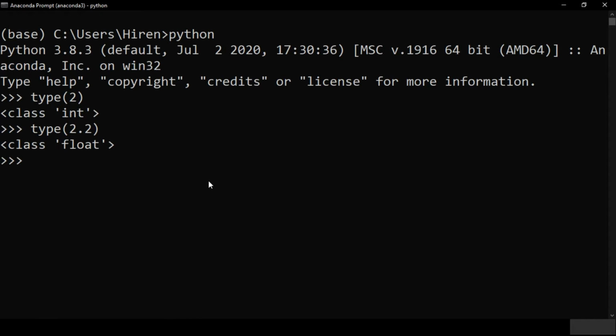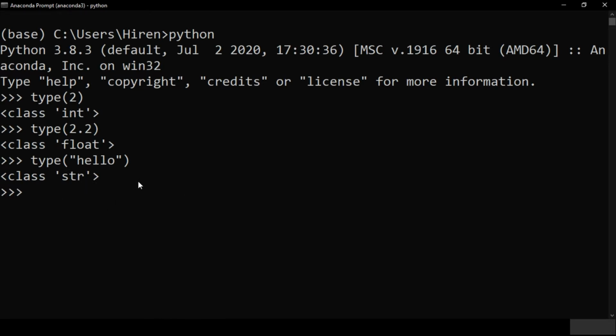And similarly, if I write type of some string, let's say hello, now it will say that it is a string.